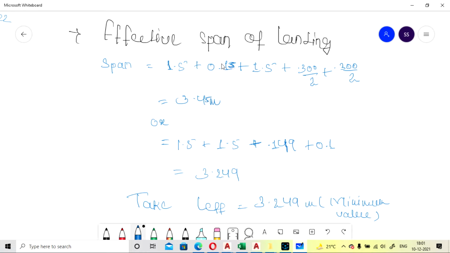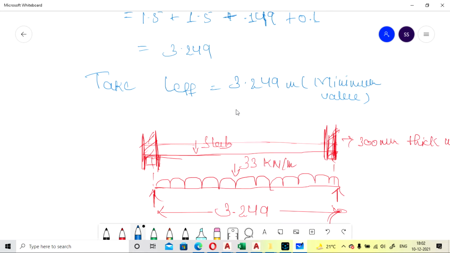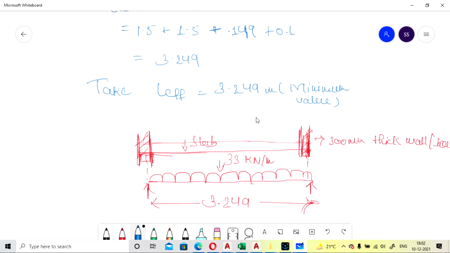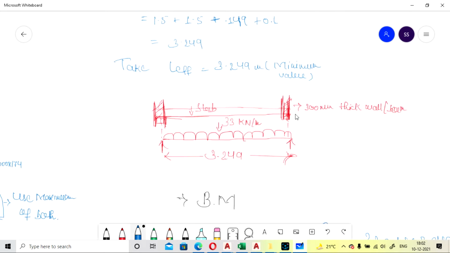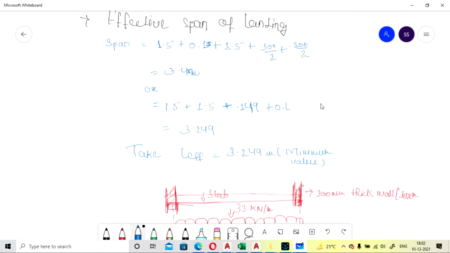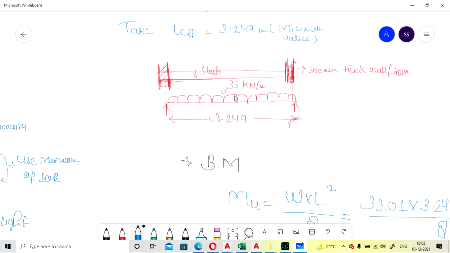That does not make much difference. This value is still less, so we are going with the lesser value of 3.249. The wall on both sides is 300 mm thick, that's why we have taken 300 by 2, 300 by 2, to the center of the wall. And total load is calculated as 33 kN per meter.